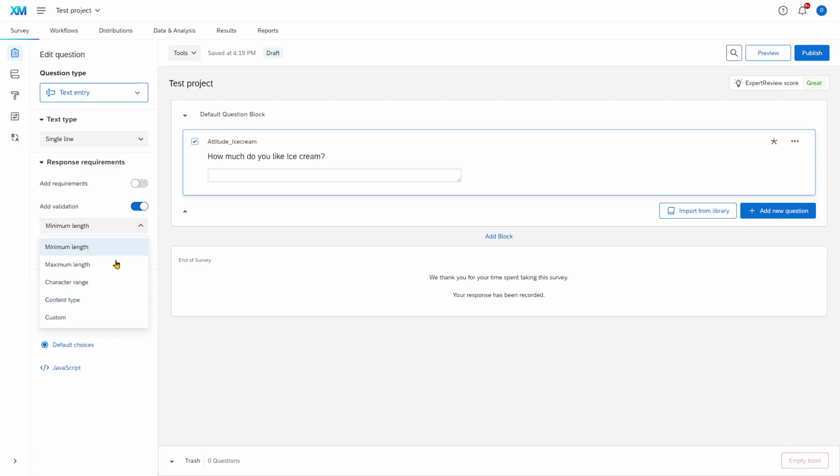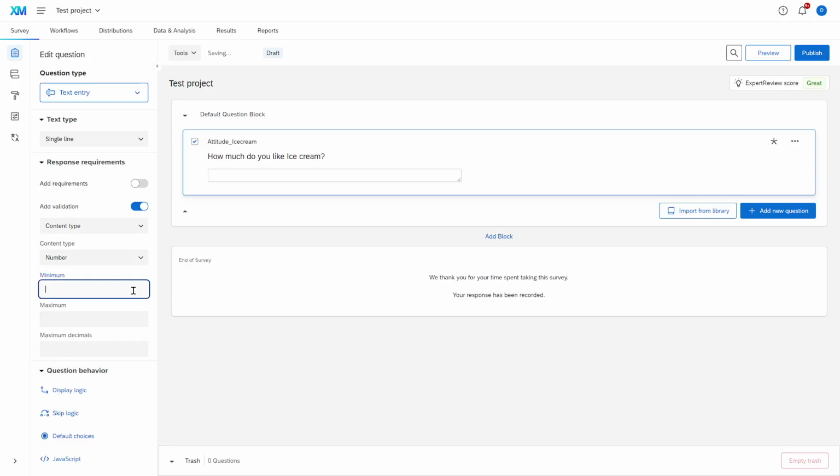But you can also here select a content type. And you can ask Qualtrics to check if people filled in an email address or a number, for example. And if we select number, we can say